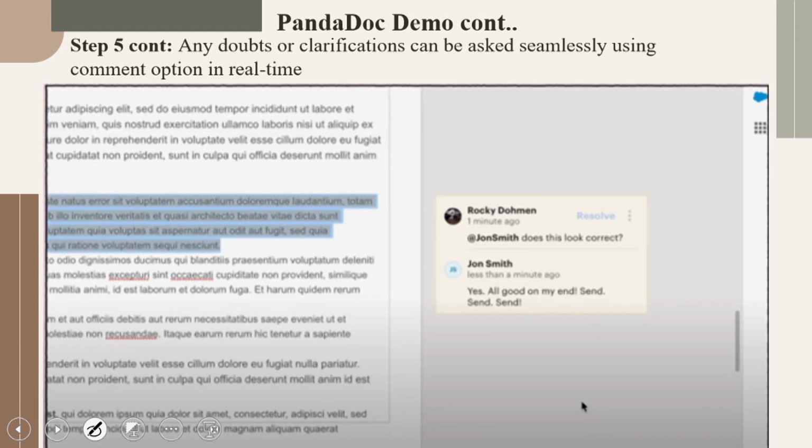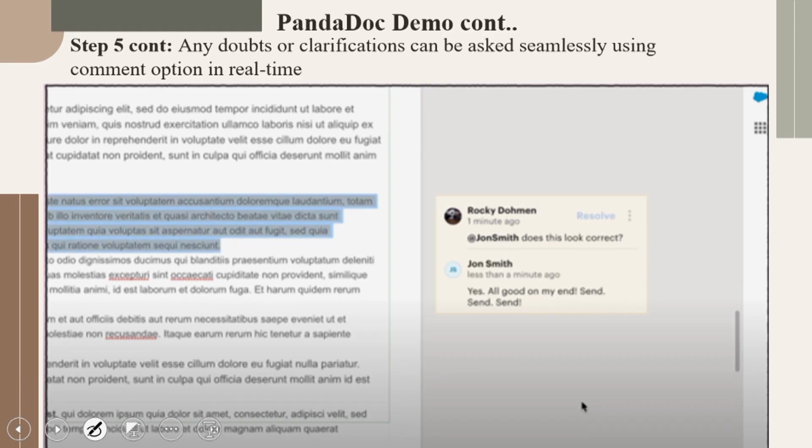We also see that there can be counter comments that are coming in which give a clarification of what you are specifically doing. So basically, any doubts, any clarifications can be asked seamlessly using the comment option in real time. This is the beauty of PandaDoc, and I hope that this small demonstration has elaborated on that.